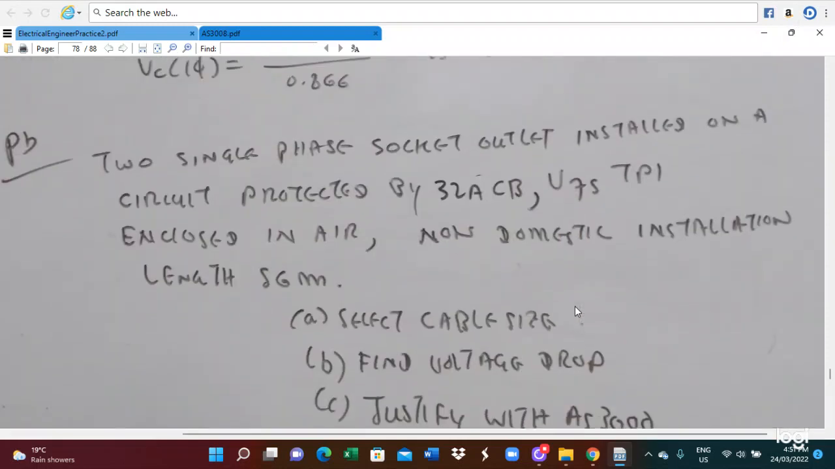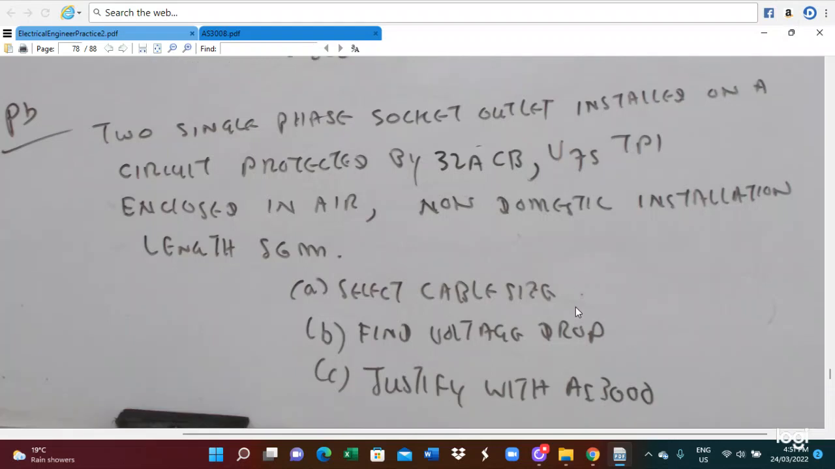Okay, the next problem. Two single-phase socket outlets are installed on a circuit provided by a 32 ampere circuit breaker, using V75 TPI cable, enclosed in a non-domestic installation, with a length of 50 meters. When you select the cable size, you have to find the voltage drop and then justify